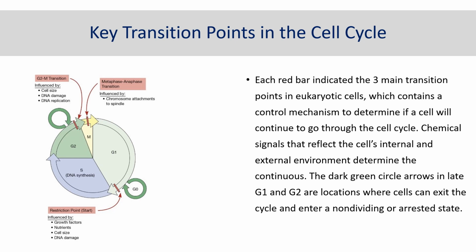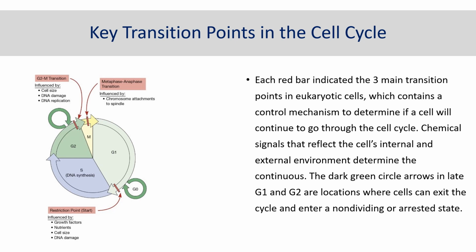The red bars indicate the three main transition points that are presented in a eukaryotic cell cycle. They include one at the end of the G1 phase with a restriction point that allows cells to enter the S phase, and it is monitored by the growth factors, amount of nutrients, the cell size, and if the DNA is damaged or not. The second transition point is at the end of the G2, which is the G2/M phase, and it is monitored by the cell size, if the DNA is damaged or not, and the number of DNA